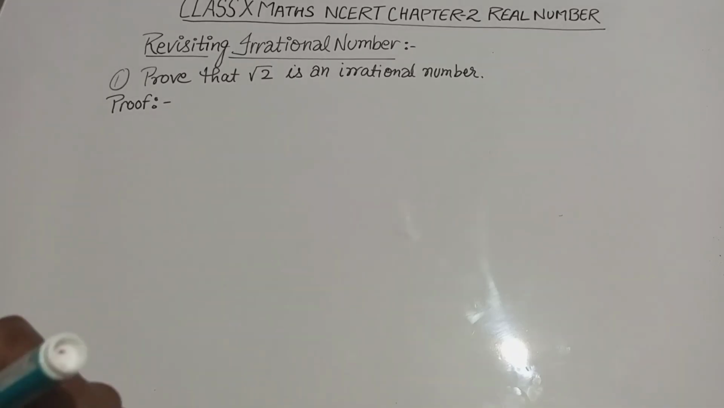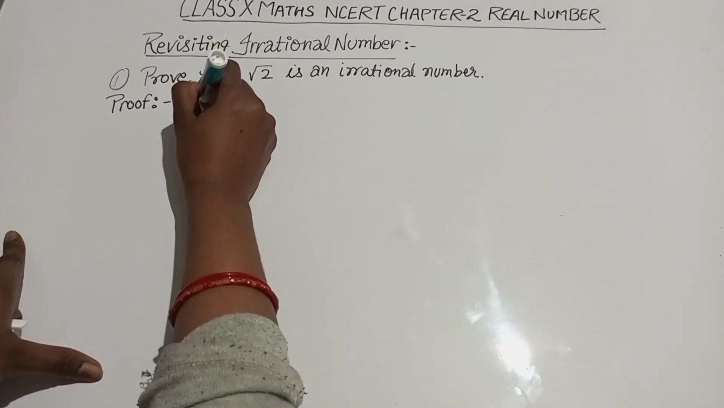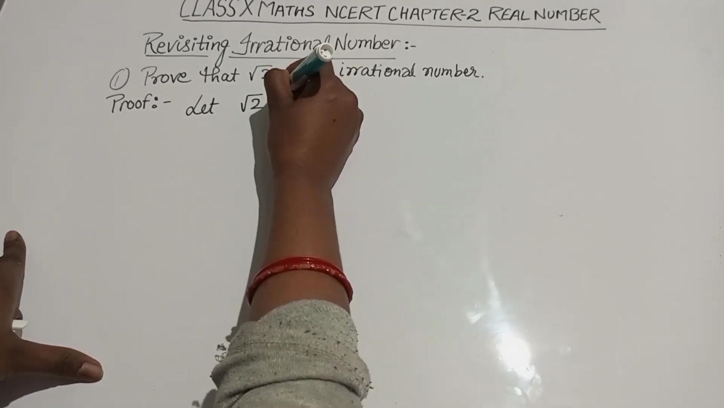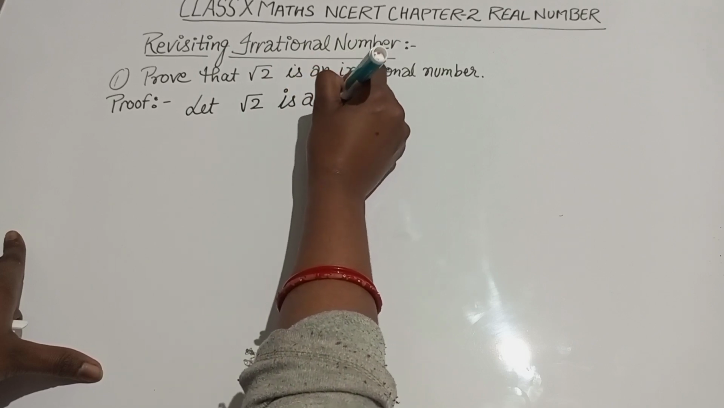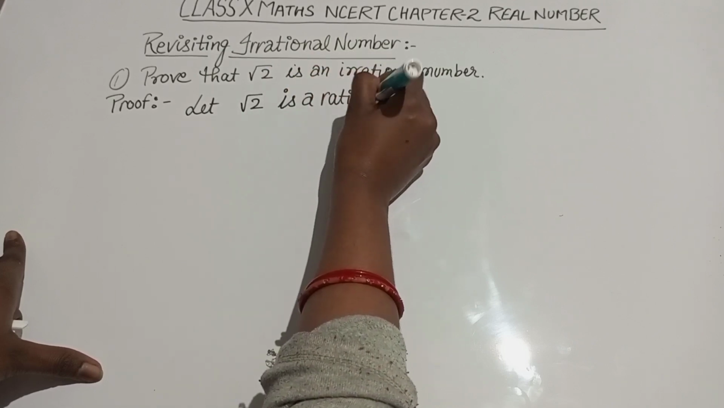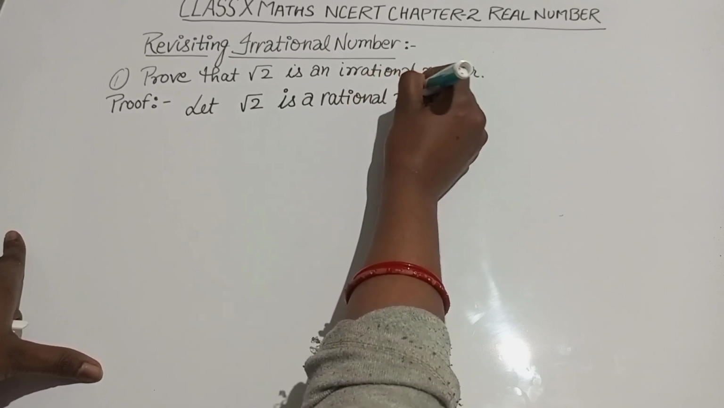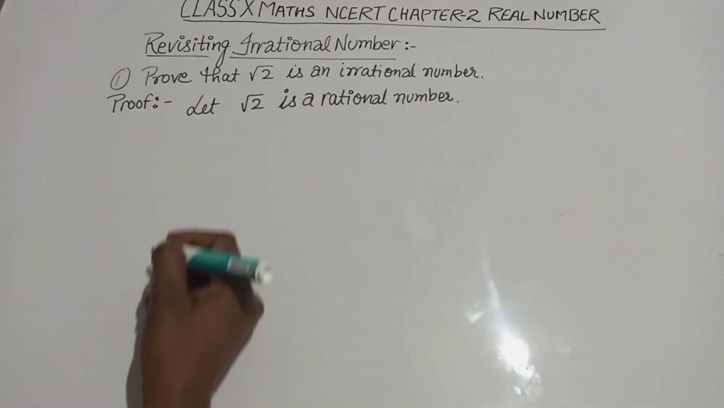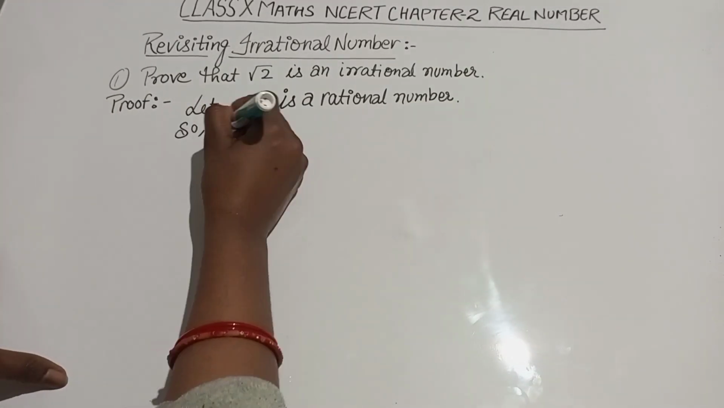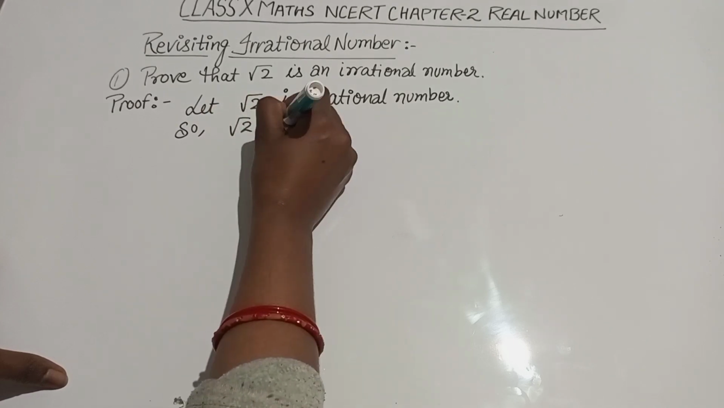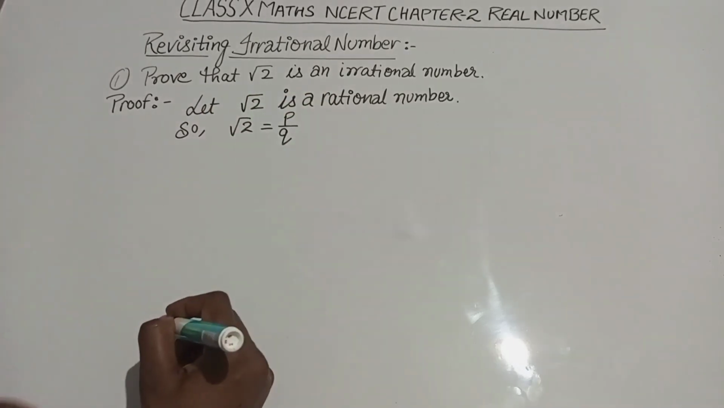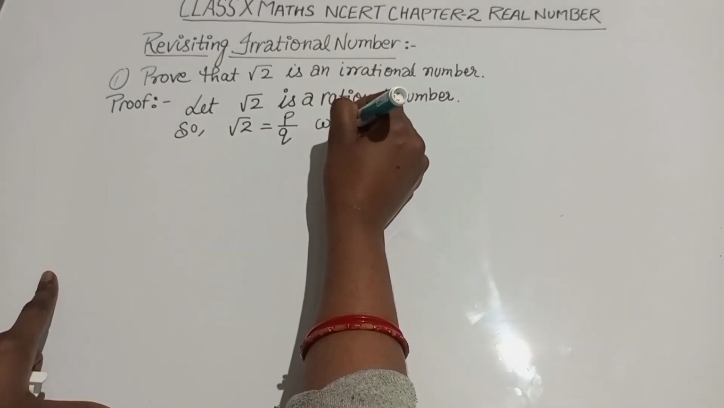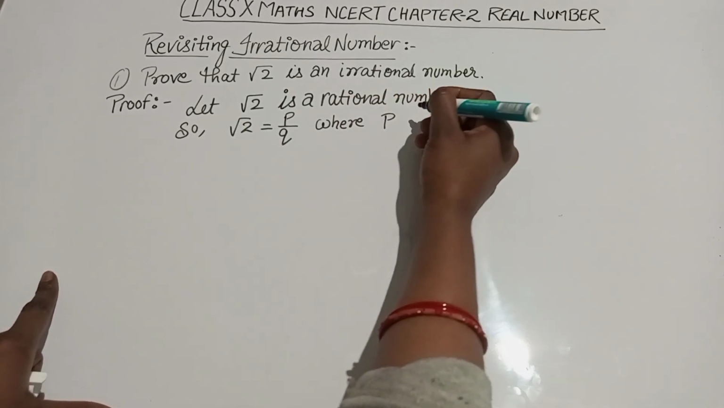So let root 2 be a rational number. It means every rational number can be written in p by q form. So root 2 is equal to p by q, where p and q are integers